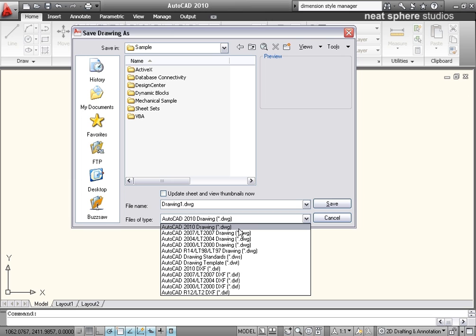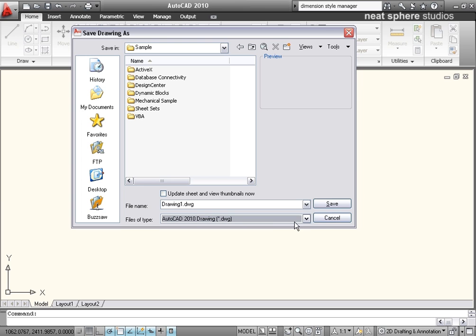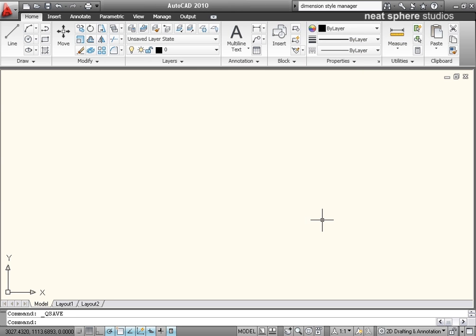So do remember that if you're going to be passing this around a drawing office or you're going to be passing it to a client, maybe they don't have the 2010 version. Check and make sure, and then save your drawing in whichever is the appropriate version before you pass it on to your client. And really we can go back what is effectively 10 years here between that 2010 and 2000, so really there shouldn't be any excuse for people not being able to open your files. I can cancel that off as well,